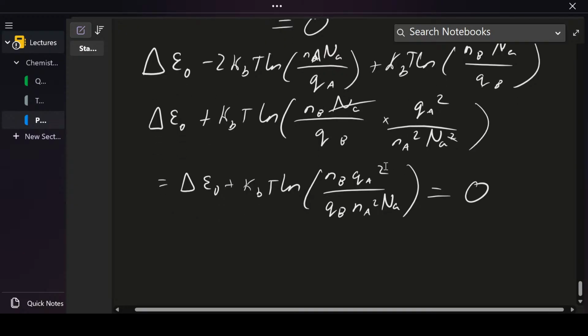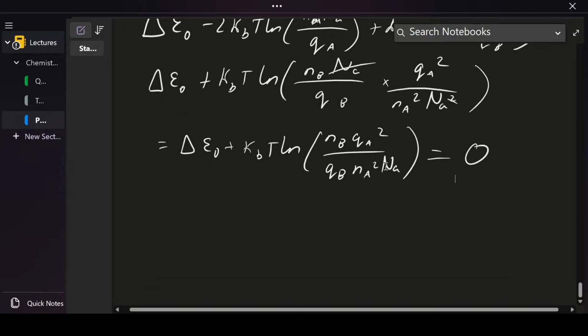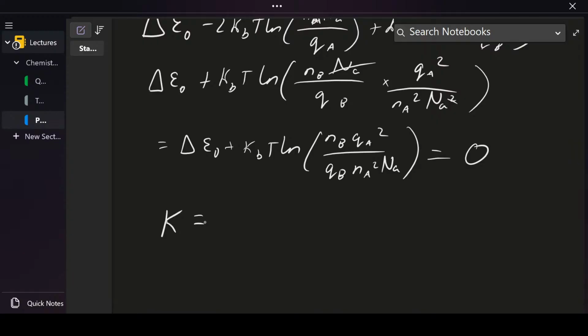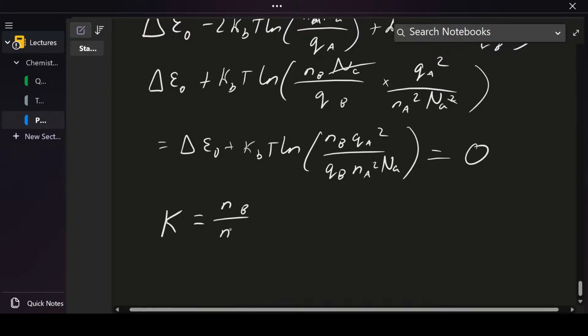And so a useful thing to define is the equilibrium constant. I'm going to say that K is going to be the ratios based on my reaction stoichiometry. And so K is going to be equal to nB over nA squared, right? So essentially when I had 2A goes to B, I'm taking this raised to the power of its stoichiometric coefficient divided by this raised to the power of its coefficient. And so to get this K,